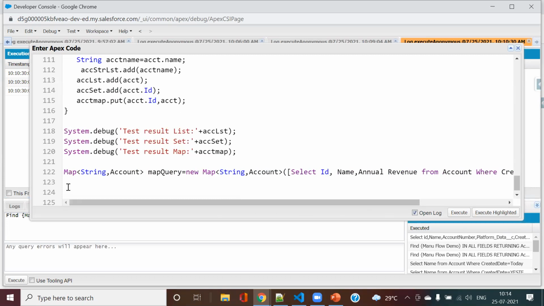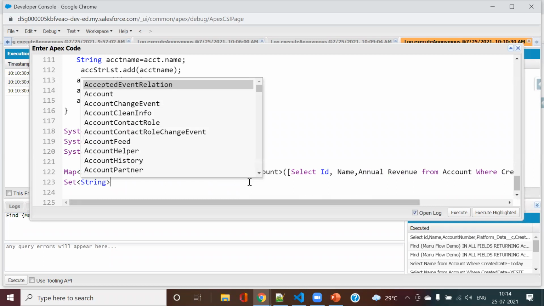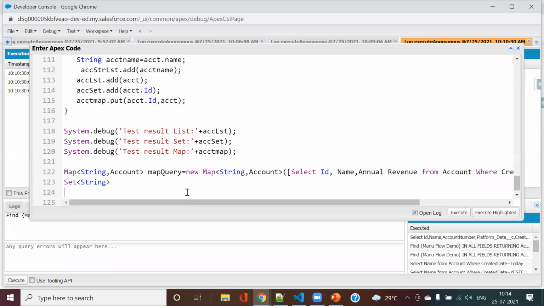Okay, good. So here what I have done is, in ID my account ID is going, and in the account the full record is going. I will have this same thing as I did above. Set query I will do. You can initialize or not.